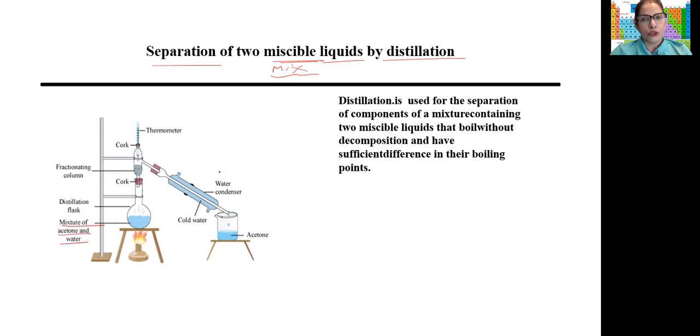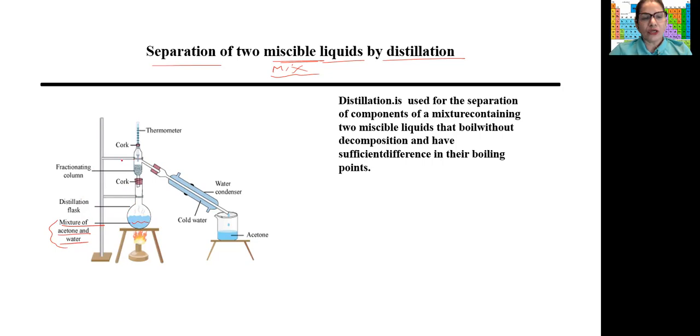You also should know the experiments and the setup, then the labeling, diagram for all these, and the principle and applications. Acetone and water mix with each other very well, completely. So how do we separate both of them? We can use the method of distillation. For distillation, a round bottom flask is used, in which the mixture is kept and then it is heated. Of course, this complete setup should be there.